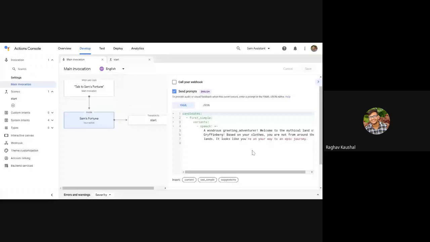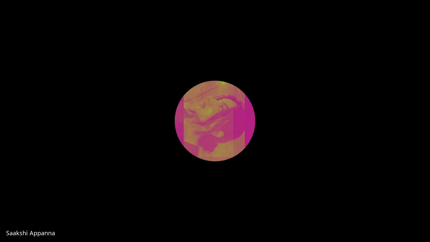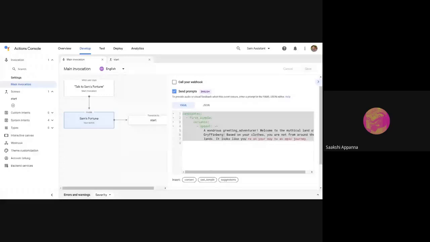I'll copy this entire thing and put it in the chat box. You just copy the entire thing and paste it in your project. Just paste this as it is, and it will work.